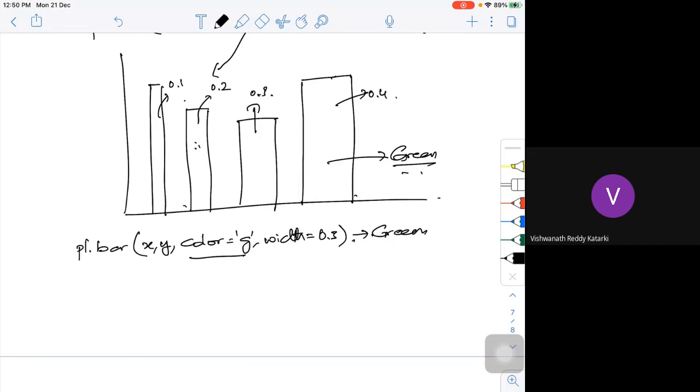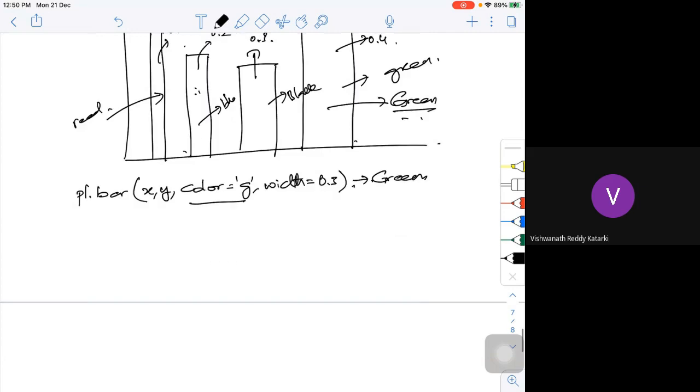Suppose I want this to be red, this will be blue, this will be black, and this will be green. If I want each bar to be a different color, I can do that. So what I'm going to do is plt.bar(x, y, color=...), and you define that as a list.